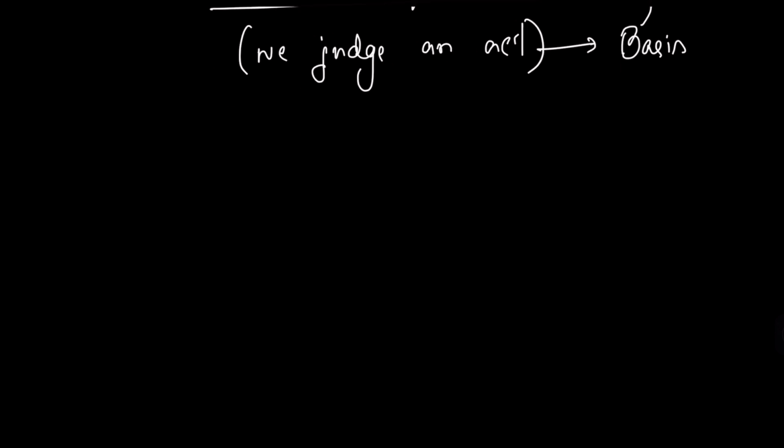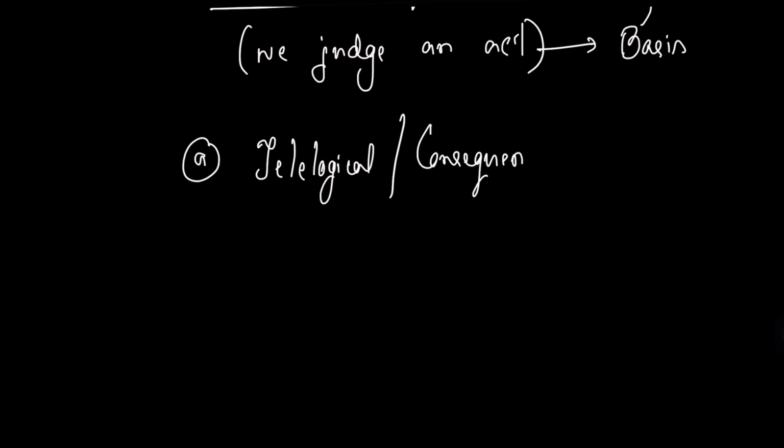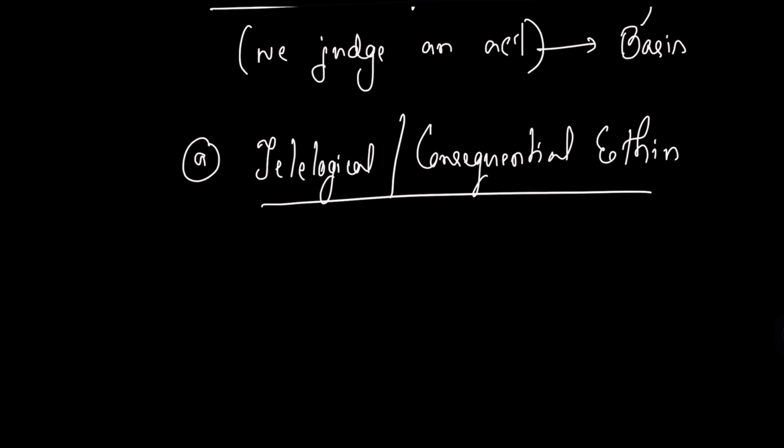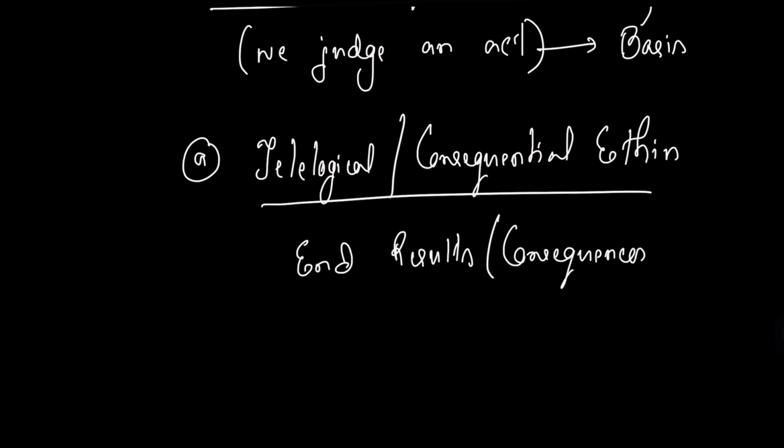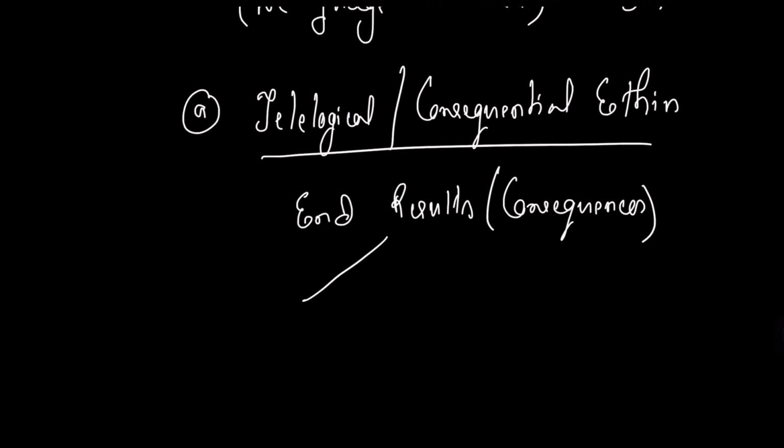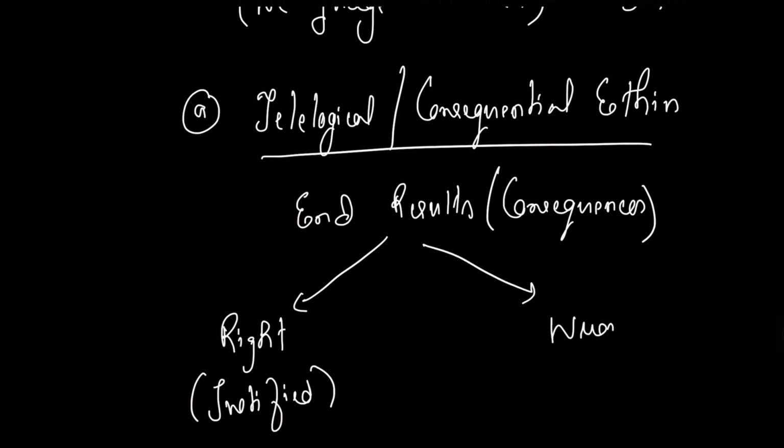Right? So the first topic is teleological or consequential ethics. By teleological or consequential ethics, we mean the right and wrong is judged on the basis of end results or consequences. The right and wrong of any action is judged on that basis. If the end result is right, then the action is justified. If the end result is wrong, then the